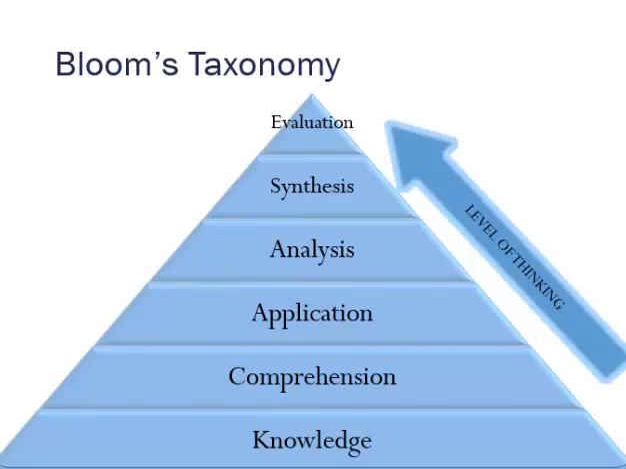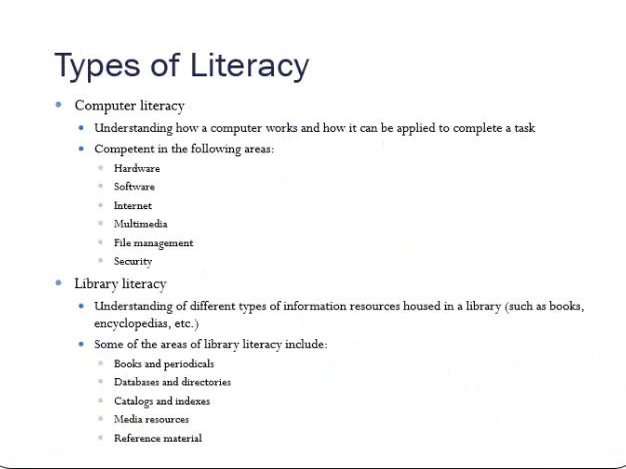And finally, at the top of the pyramid over here, you have evaluation. Evaluation is when you look at something to make a determination whether it's a good piece of information or a poor piece of information. Other types of information include computer literacy, which means understanding how a computer works and how